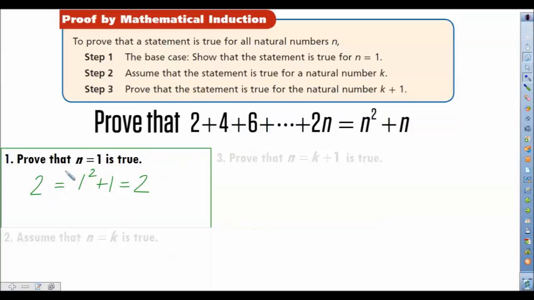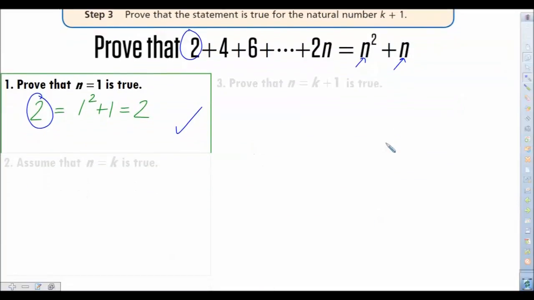So notice here, to get our 2, which is this 2 right here, we just need to show it's true, so we're just going to put a 1 right here and a 1 right in there, which is 1 squared plus 1, and 1 squared plus 1 is 2, so we've successfully proven that. Pretty simple. Moving on to the second case here,